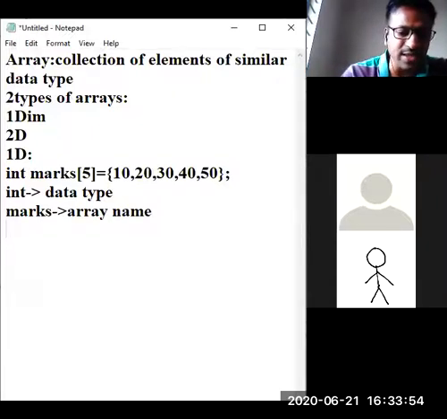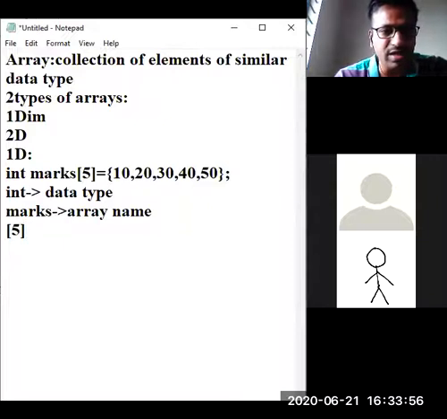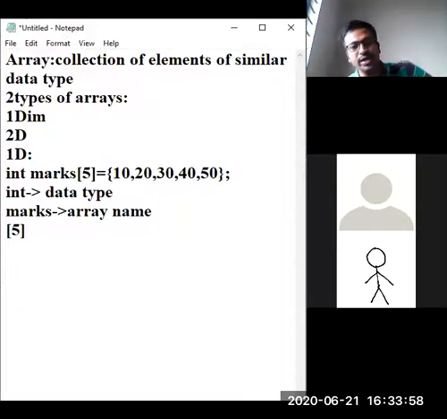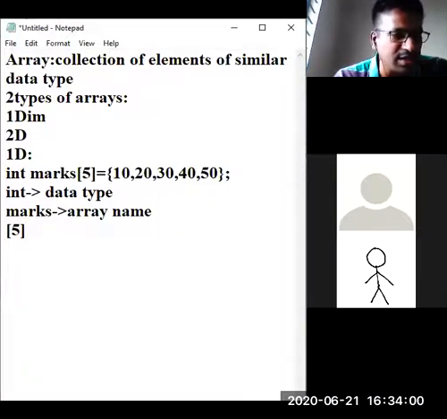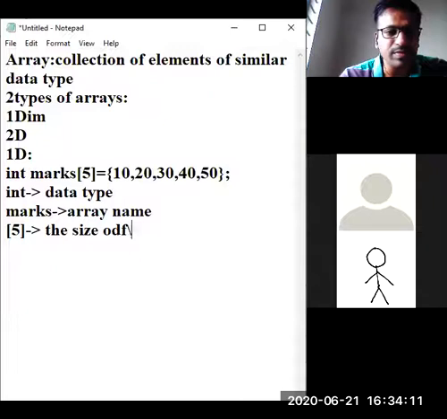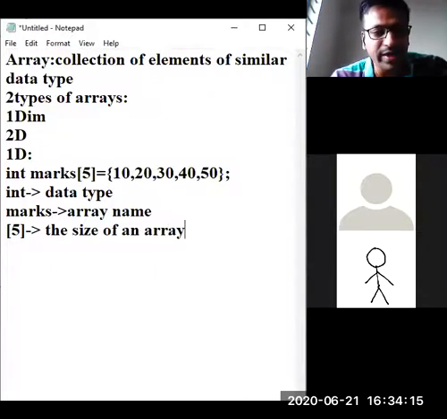I have given a couple of square brackets, opening and closing, and within that I placed an integer 5, and it is nothing but representing the size of an array. Okay, fine.